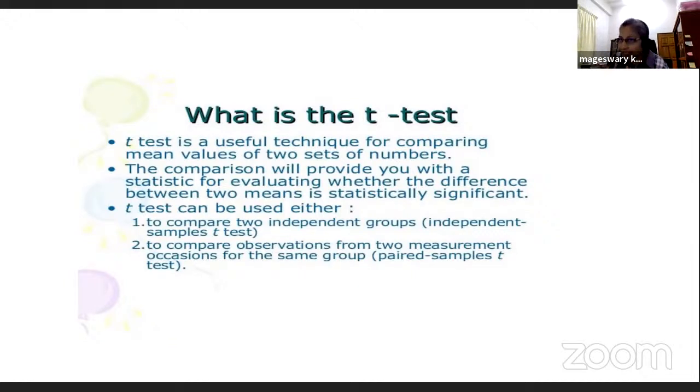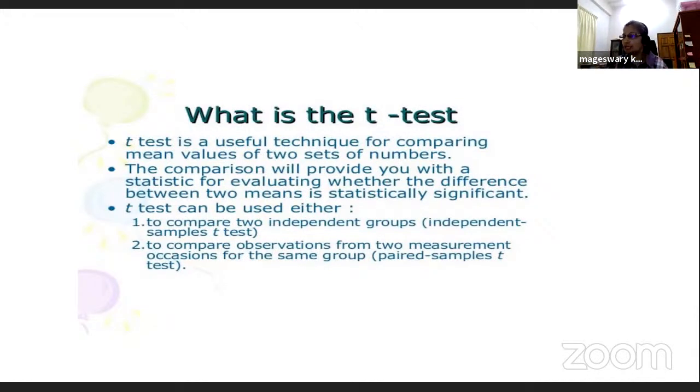So that is actually going to create some kind of interaction. If the interaction happens, there are possibilities for a type 1 error to occur, because in reality there is no significant difference. But because of the interaction, your finding shows there is a significant difference. It's not because of the treatment, but because of the interaction. You see, so when your two groups are independent, they're totally not in connection,